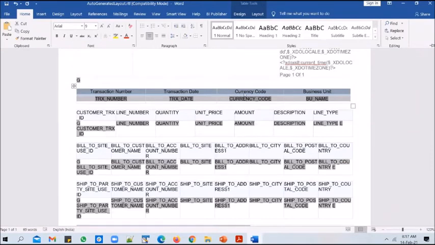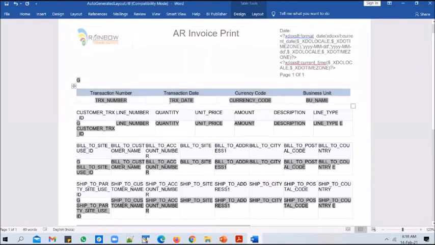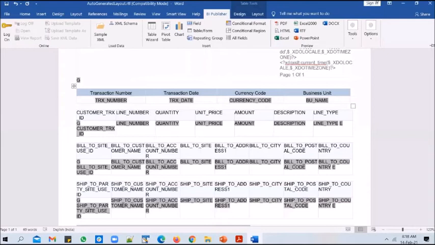And you could also see that these are jammed against the start line, right? So you can put a 3-point space before the line so that it looks neat and clean. And if you look at the output, you can print a PDF output again to see if the first table is looking fine or not.